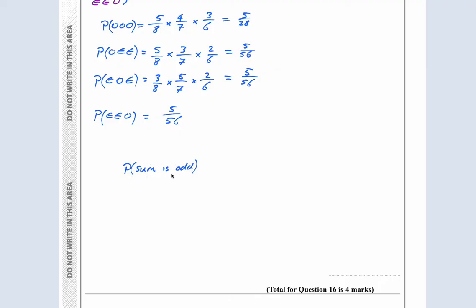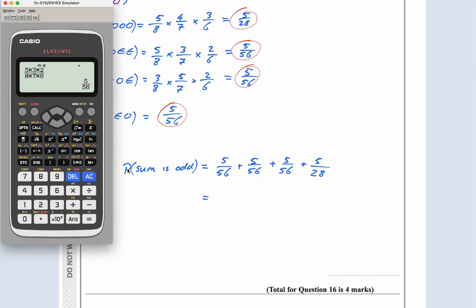The probability that the sum is odd is equal to 5 over 56 times 3 if you want, or just 5 over 56 plus 5 over 56 plus 5 over 56. That's this plus this plus this, and then plus the 5 over 28 as well. So plus 5 over 28, and this gives me,